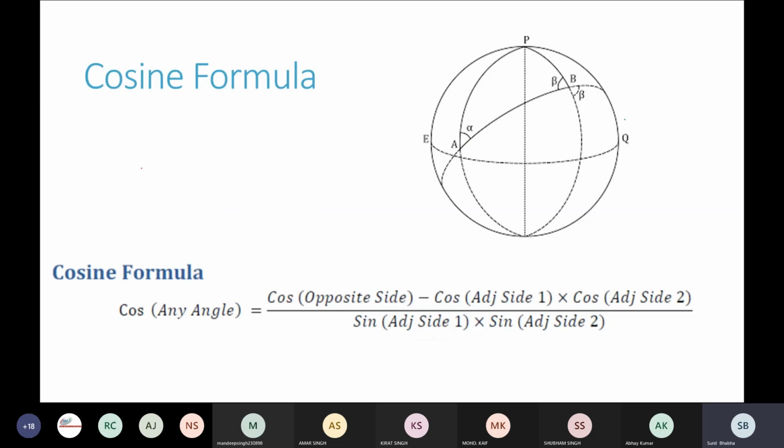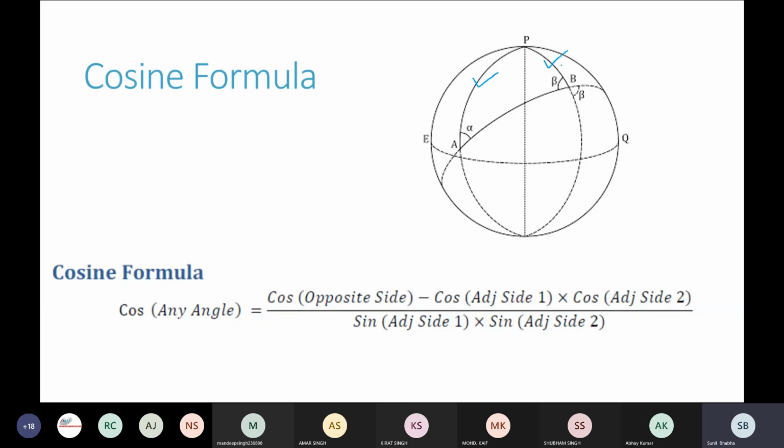PA, PB or AB. Any two. You can tell me. PA and PB. Okay. So let us say this side is known to us and this side is also known to us,